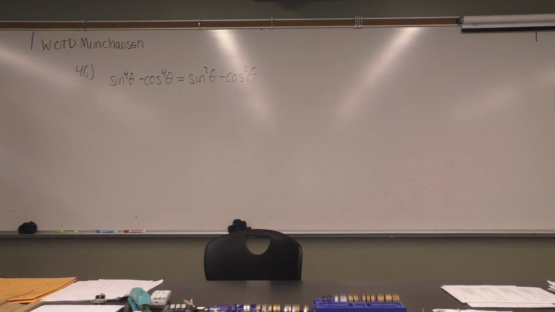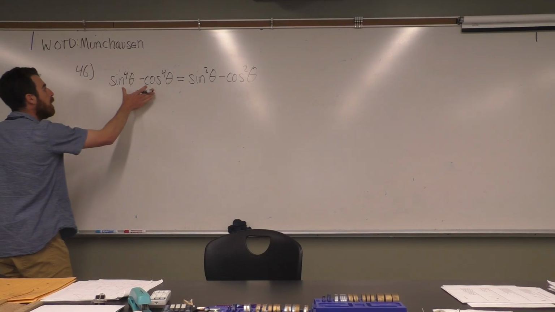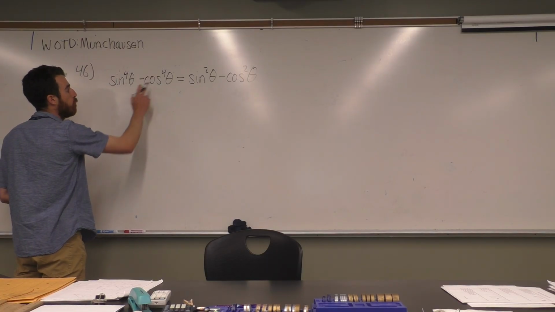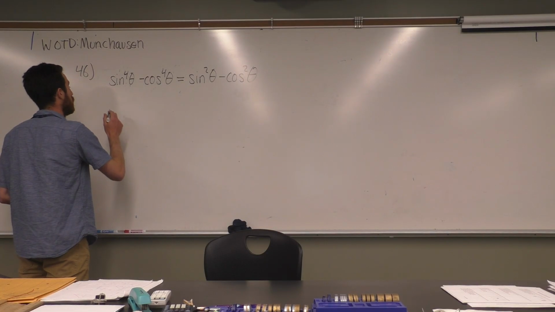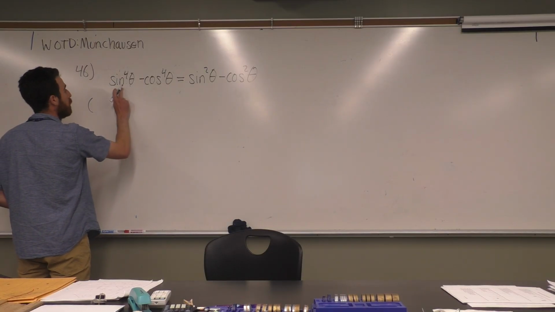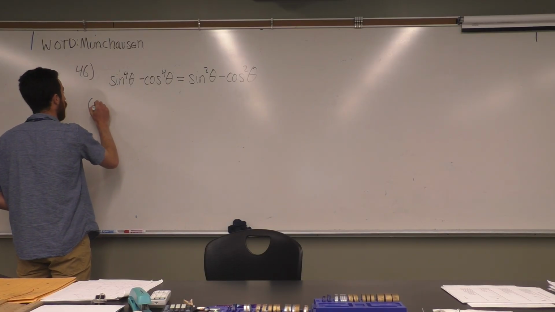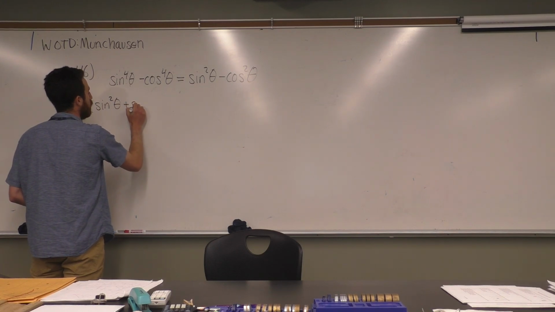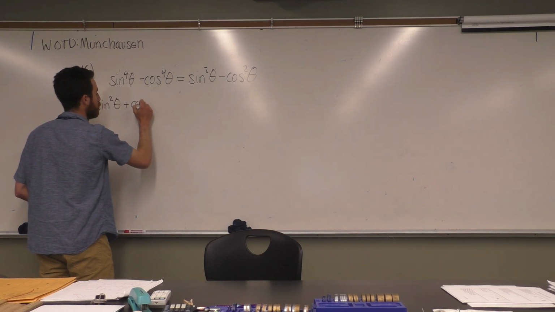So looking at the left compared to the right, good rule of thumb is the more complicated expression is the one that you should try working with first. This here is a difference of two squares, because something to the fourth power is a square of something to the second power. So interpreting this as the square of sine squared of theta, then by the difference of two squares,